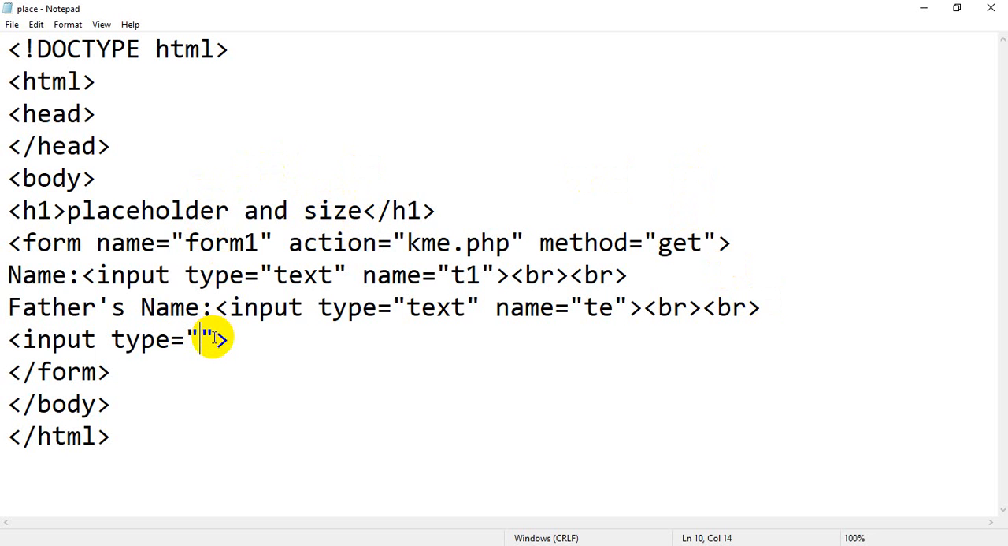Input type equal to submit, and you can assign some name equal to s1, and value. What is the use of value in input type equal to submit? It will work as a label, it will display some text on your button. So if I write save, or if I write click to save,